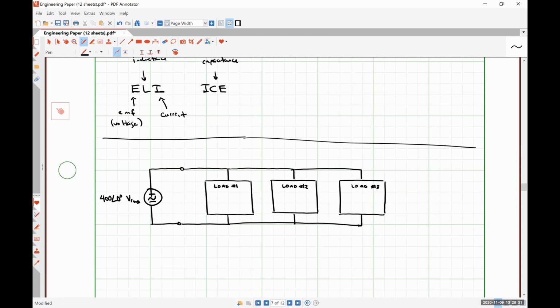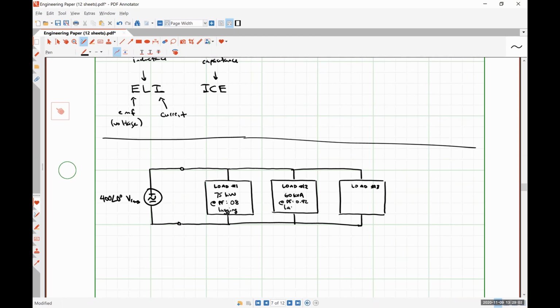Let's say that load number 1 draws 75 kilowatts at a power factor of 0.8 lagging. Let's say load number 2 draws 60 kVA at a power factor of